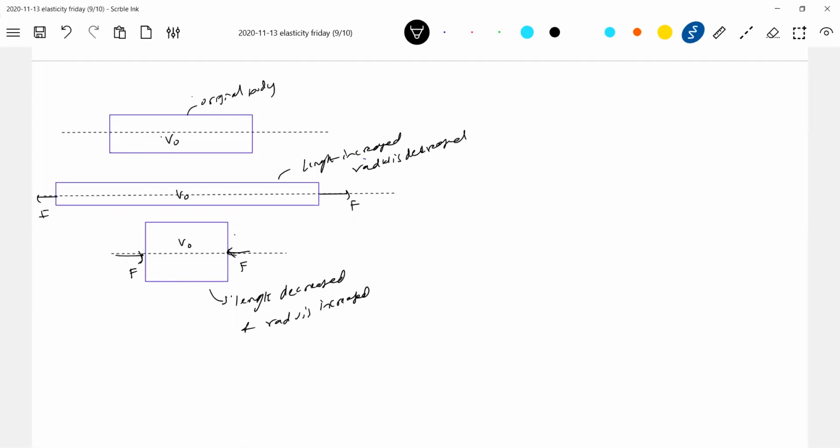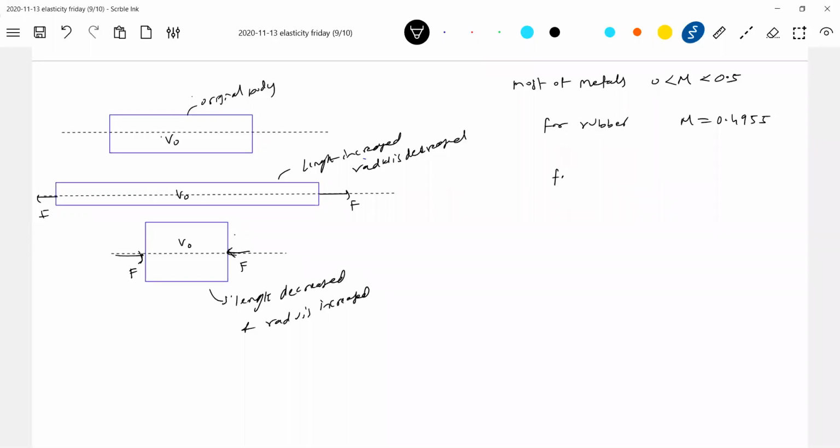Now, what is the use of this? I think it is really very, very important. The study of this is very important. So first we'll do one thing for most of the metals. Most of the metals, the Poisson's ratio will be less than 0.5 and greater than 0. For rubber, the Poisson's ratio will be 0.4955. What do you mean by that? Volume almost remains constant.